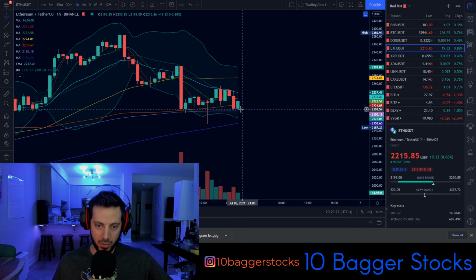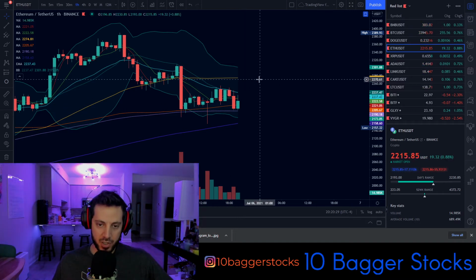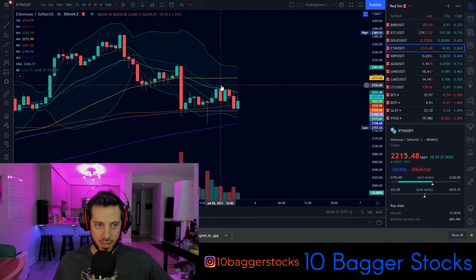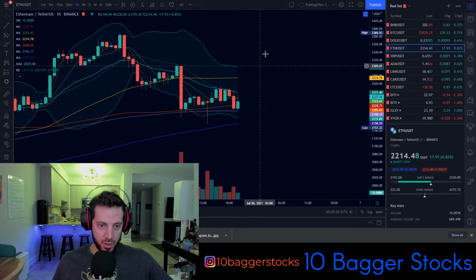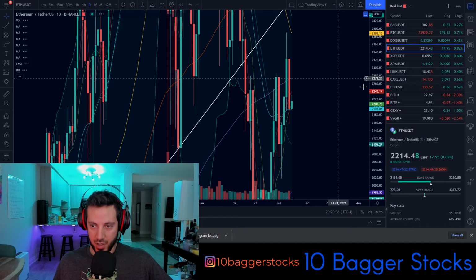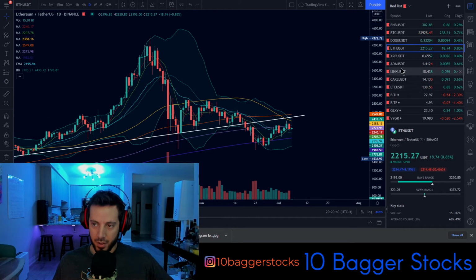If bulls can hold around there, they can potentially get an inverse head and shoulders, break above this resistance up here around 22.55. And bulls might see continuation to the upside on Ethereum. If we take a look at some other cryptos,